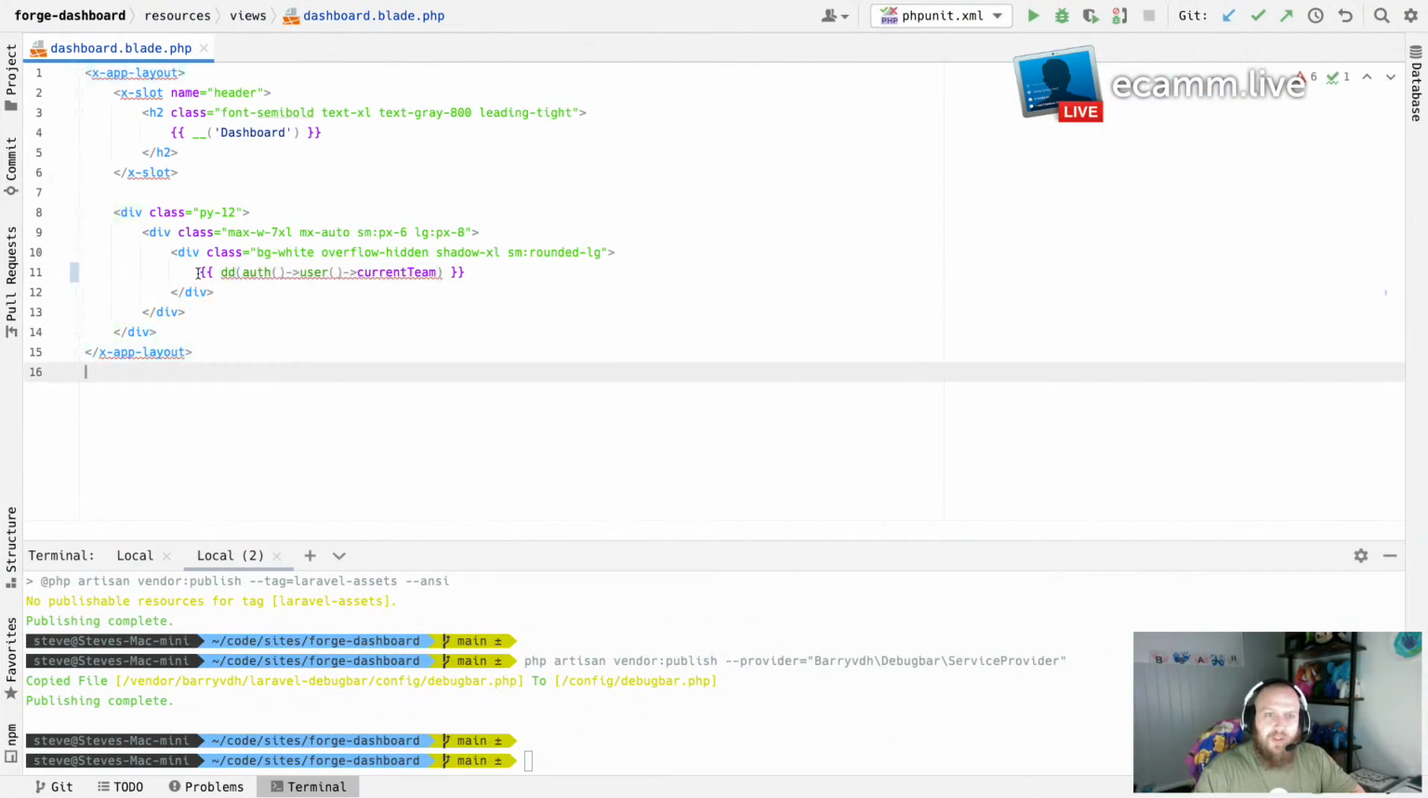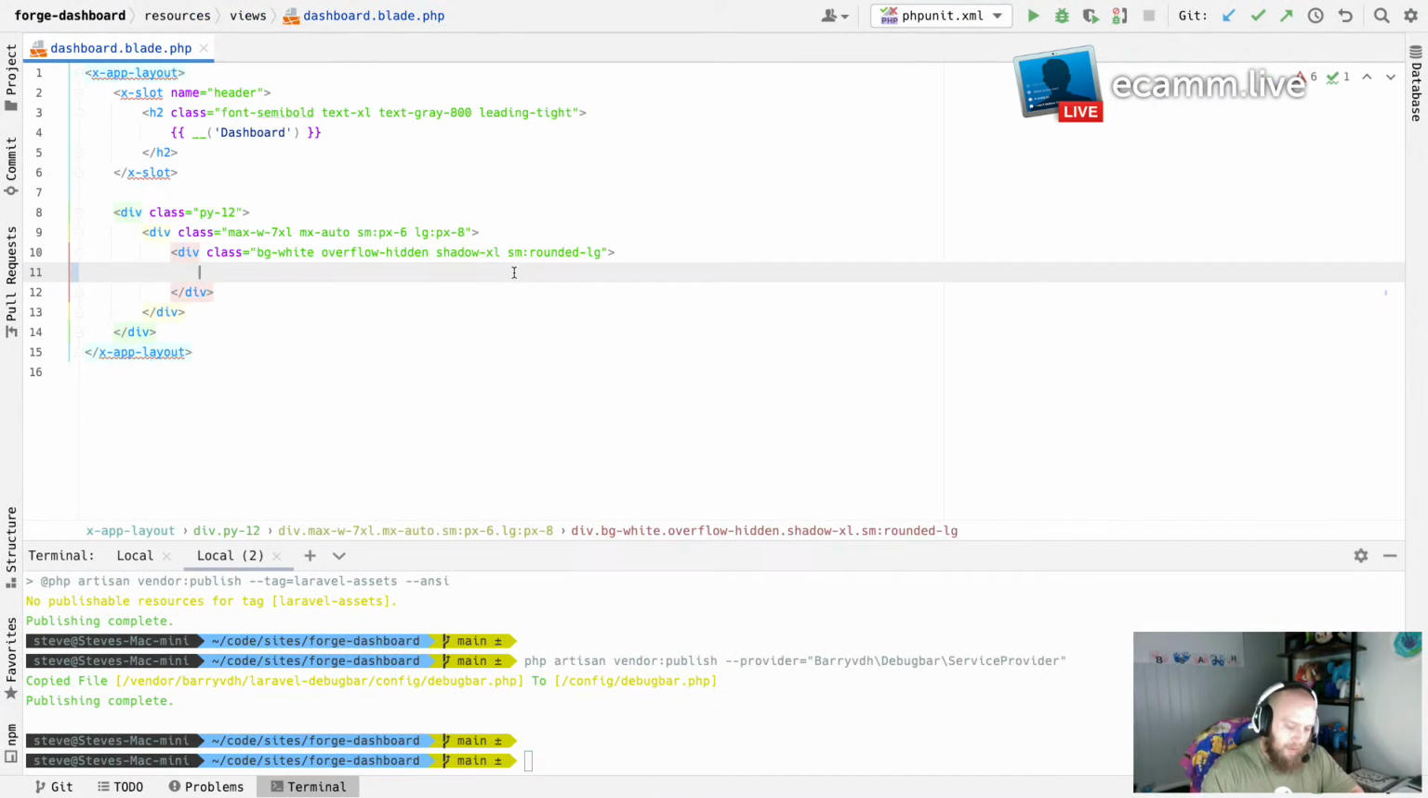So what we're going to do, we're going to create a nice little Livewire component here. I'm not going to focus too much on the UI. So we'll create a nice little component here. And what this component will do,